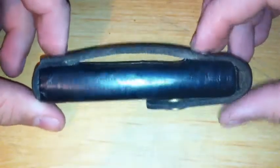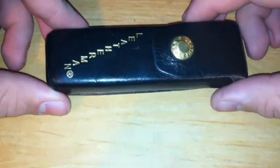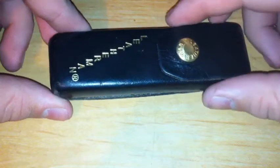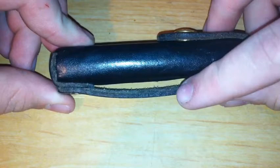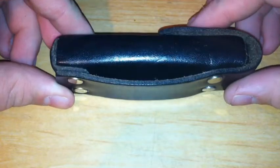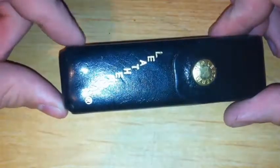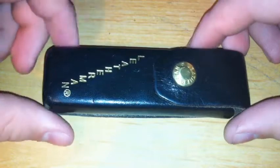It holds the product. A lot of the sheaths you see out there are probably going to be a whole lot more worn than this one. This one was in mint condition when I found it, so I consider myself very lucky. The belt clip was actually in perfect shape when I got it and was flush against this, but since I was carrying it, and I kind of regret carrying it, I've put a lot of wear on it, but that also just adds character. This has gotten more rounded since I've carried it, and it's just gotten all around used,